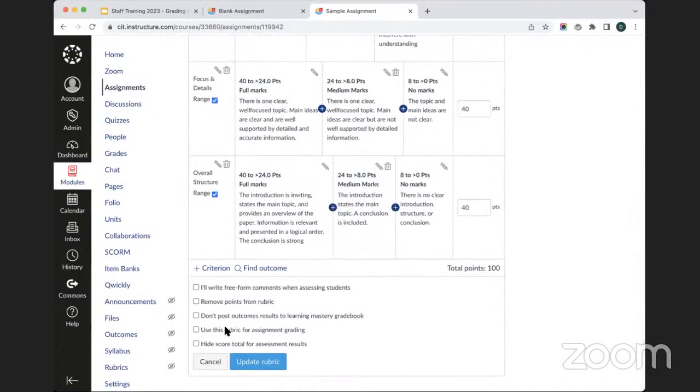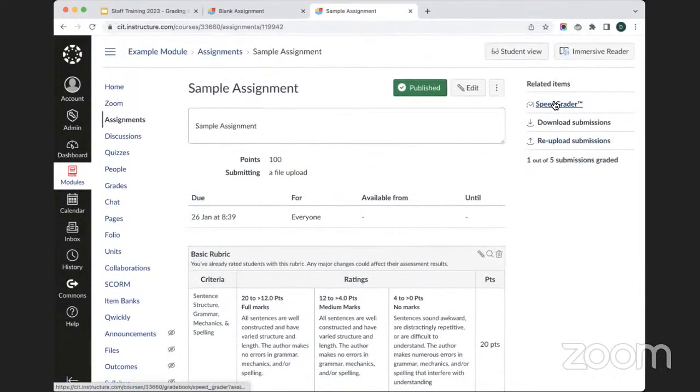Alternatively, I can click on this option to use this rubric for assignment grading. What that means is that what I select in the rubric will insert the mark that the student gets based on what I've selected. But to be honest, what I find most useful is to simply leave that blank. And what you do then in Speedgrader